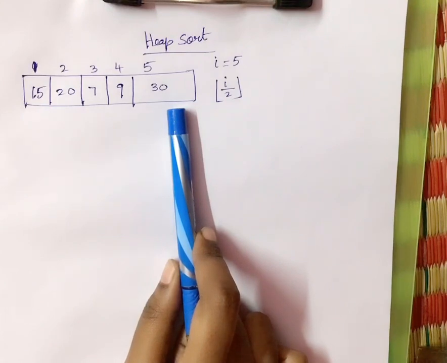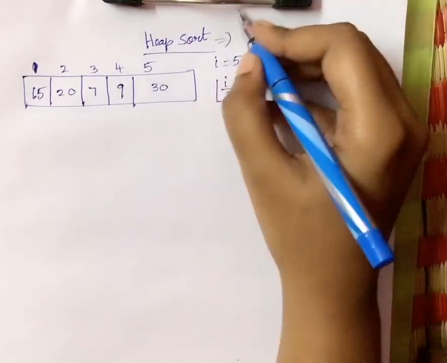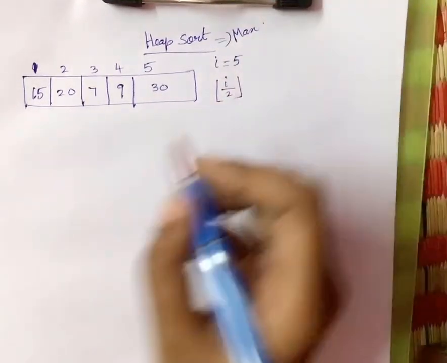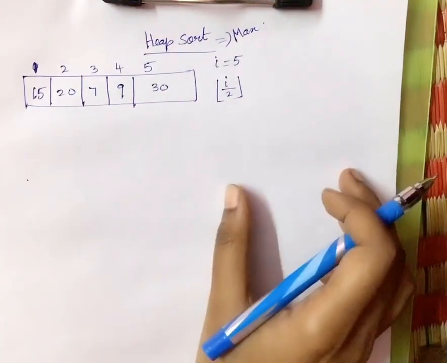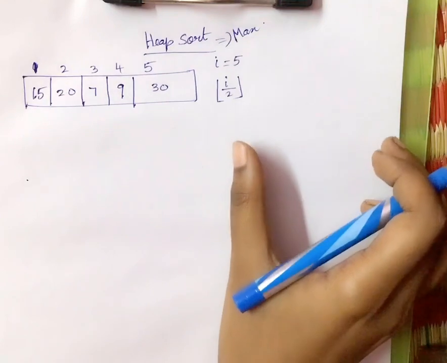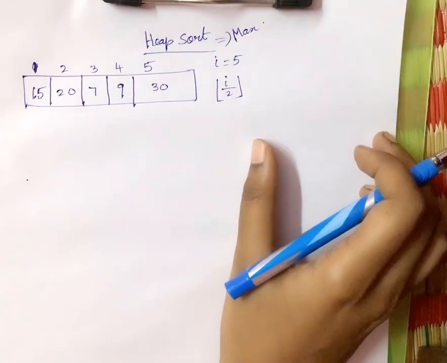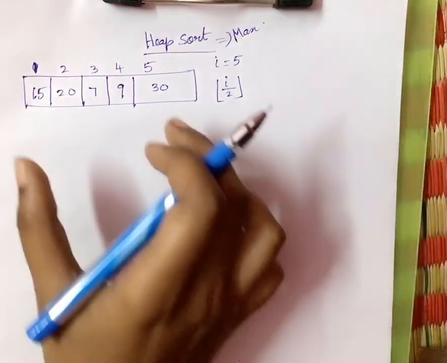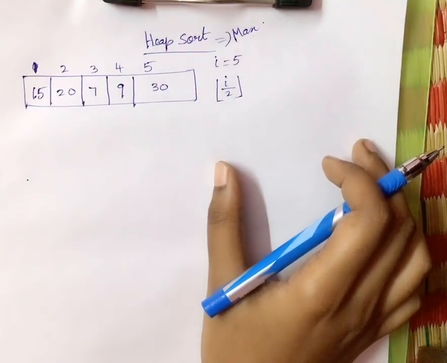You are not going to follow as usual. Here we are going to follow the complete binary tree method, and we are going to solve for maximum heap sort. First I am going to insert the element and also write the array. Writing the array format will be useful when we do it in programming. So first we will write this, and side by side write the array, how it will be represented.